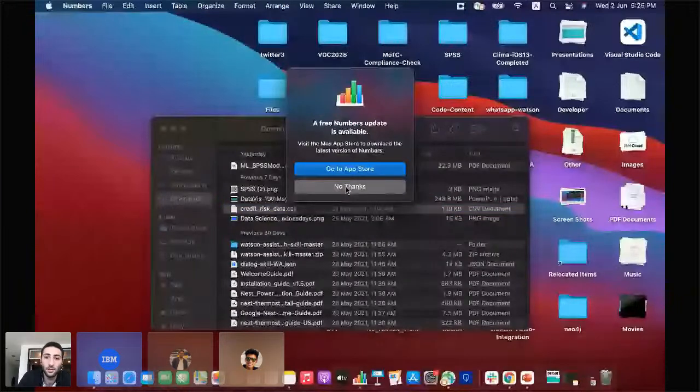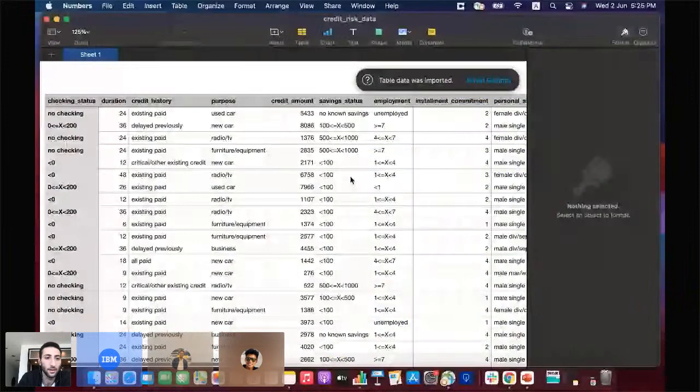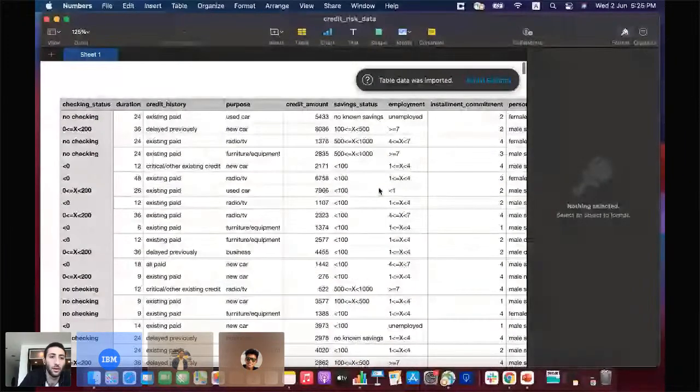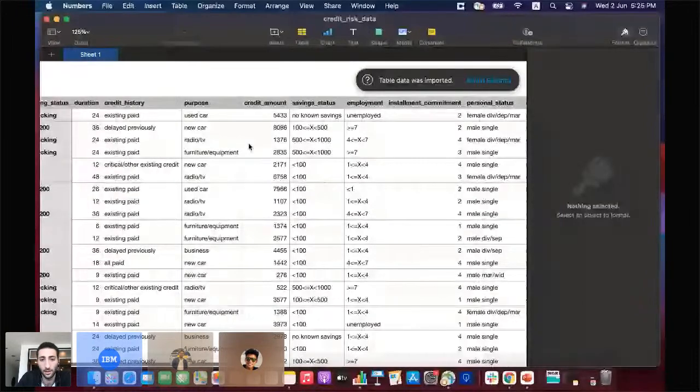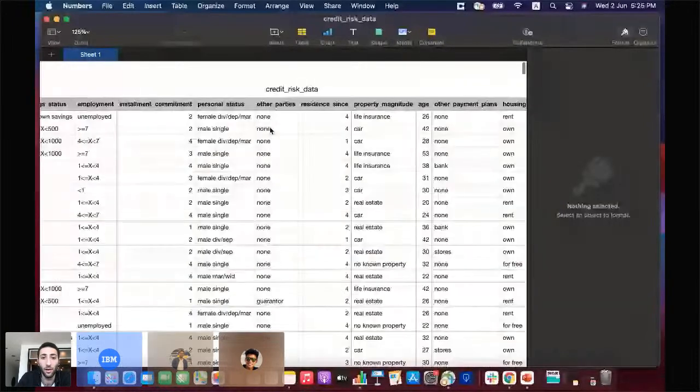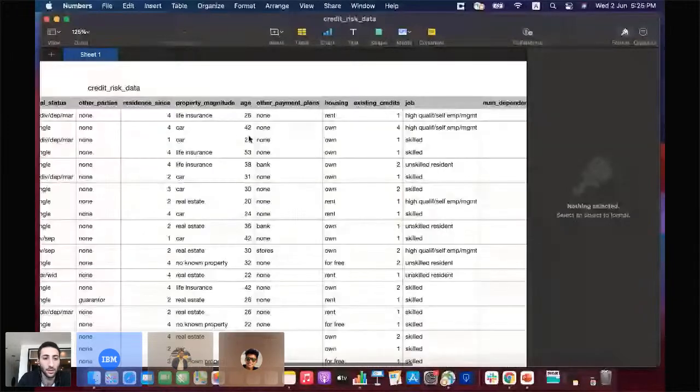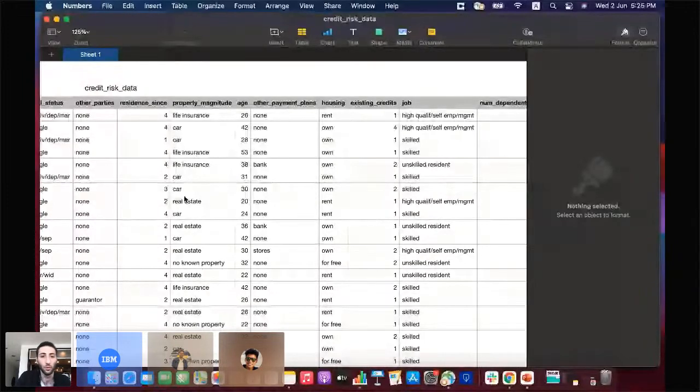All right, so this is how our data looks. The main fields we're working with are the checking status, duration, credit history, the purpose, so why this person wants a loan, his current credit amount, his saving status, if he's employed. We have all of different fields. We're not going to cover all of them because there's a lot, but these are a sample of what we use when working with loan use cases. In this case, we have housing as well, so if it's rent or own or for free, the job,